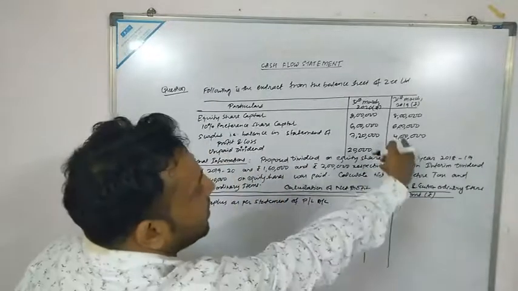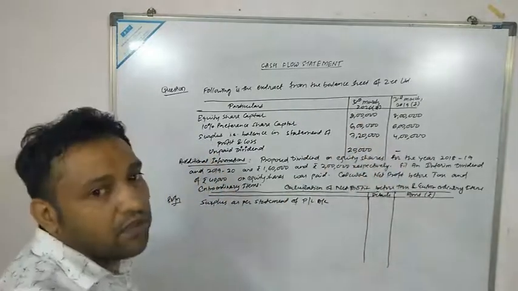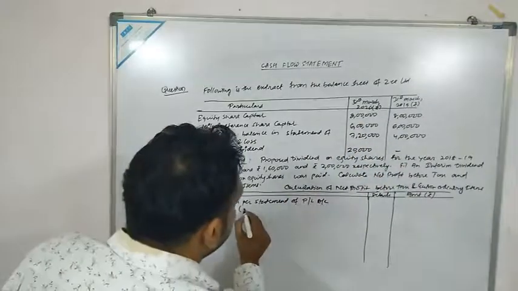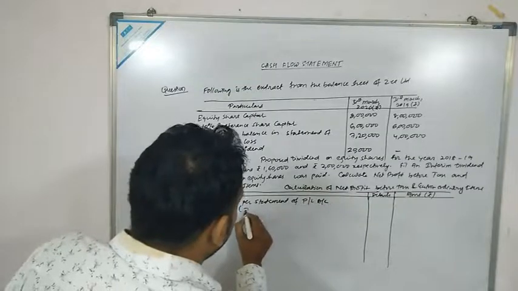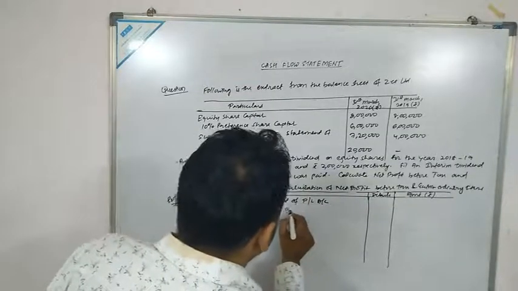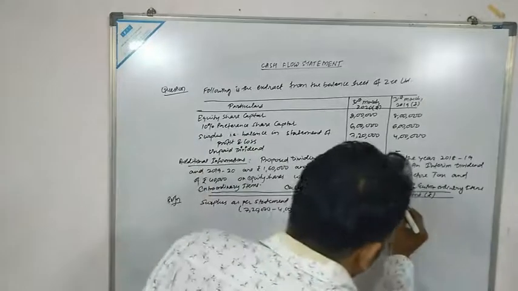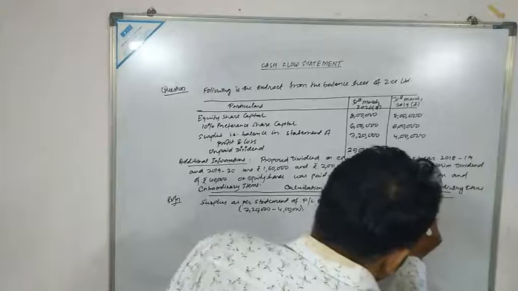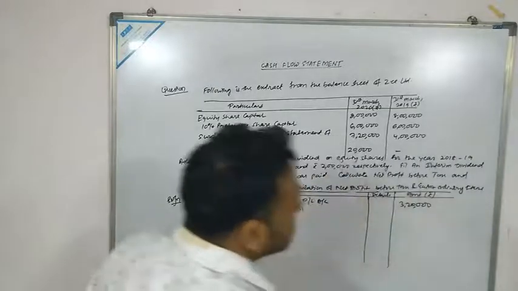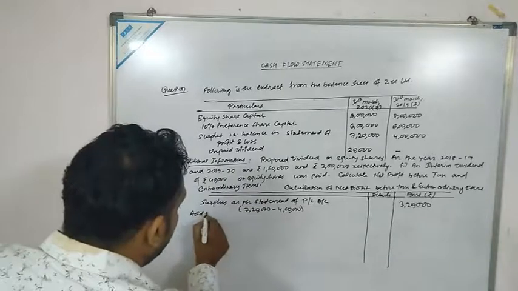ठीक है, 2019 में कितना सरप्लस? 4 लाख. और 2020 में कितना? 7,20,000. दैट मीन्स सरप्लस हैज बीन इंक्रीज्ड. ओके, 7,20,000 माइनस 4 लाख. सो कितना प्रॉफिट हो रहा है? प्रॉफिट इज योर 3,20,000. डायरेक्टली वी विल राइट द अमाउंट 3,20,000. ओके, नाउ वी हैव टू सी द एड आइटम.